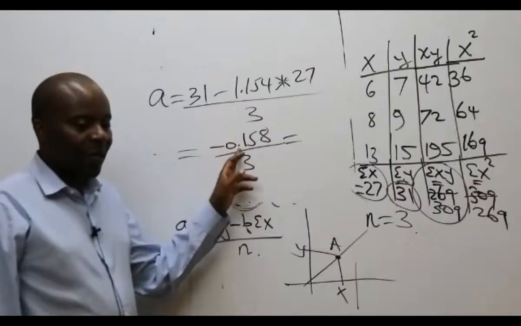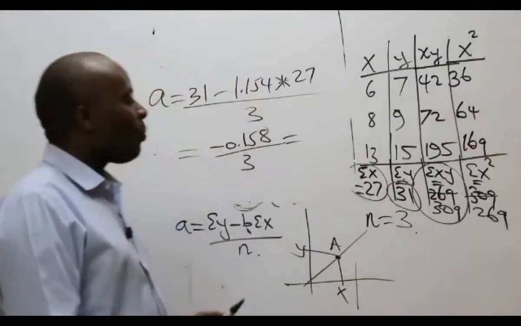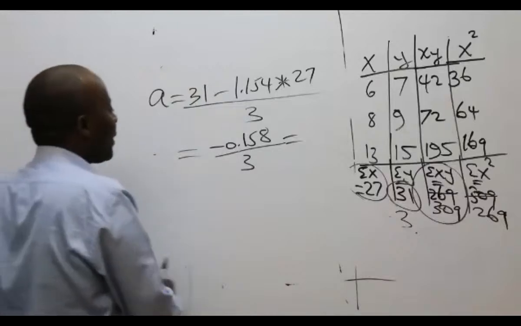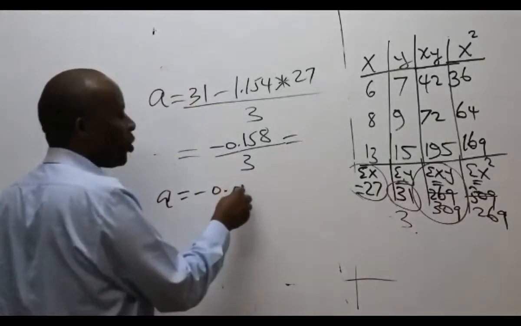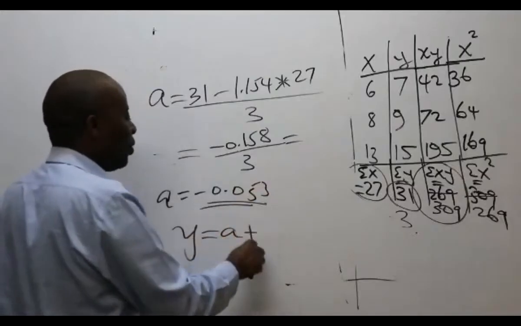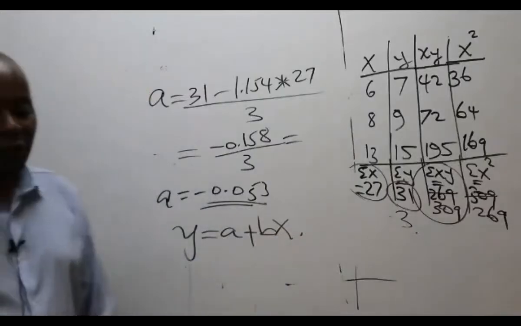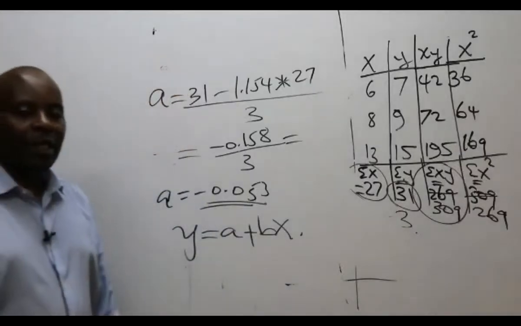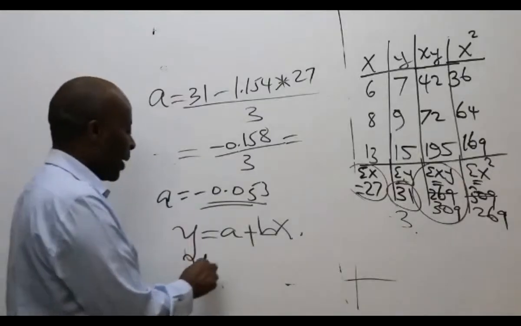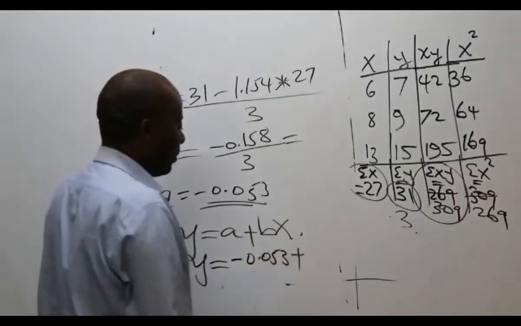So when you take this, you divide by this. According to Amaya, it is minus 0.053, and Collins also says 0.053. These are good students. They say that A should be negative 0.053. Therefore, remember, finally, you have a responsibility of writing for us the formula for y, connecting y and x using the connectors A and B. So my y here will be equal to A, which is minus 0.053, plus B,